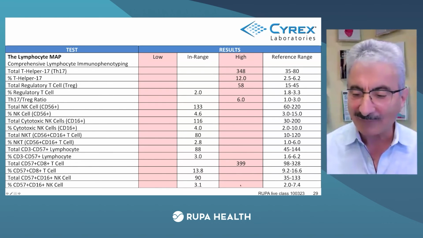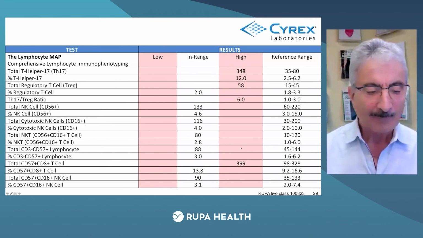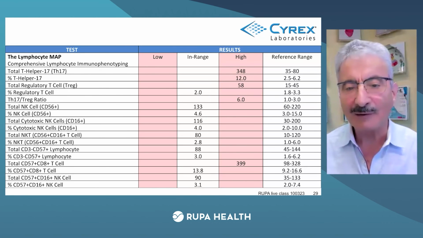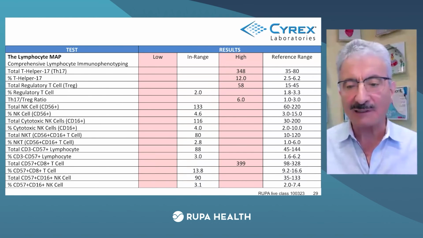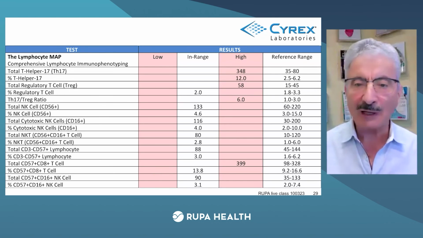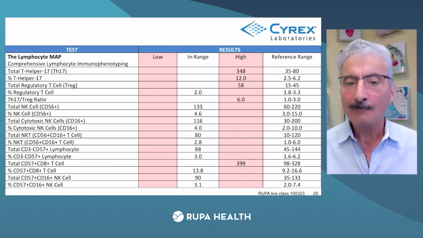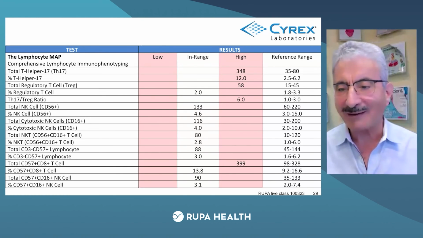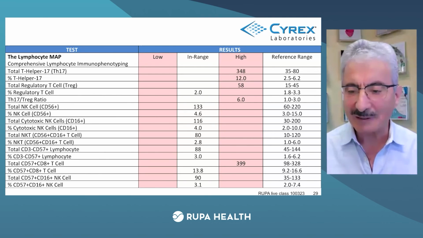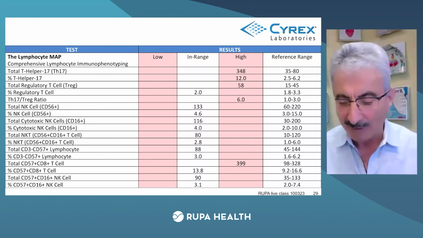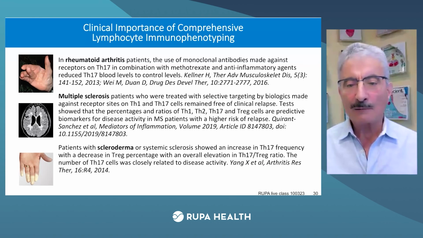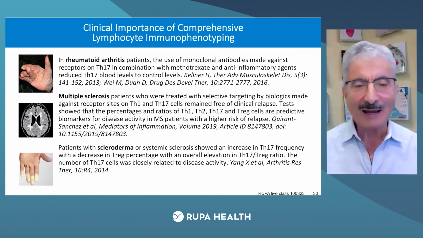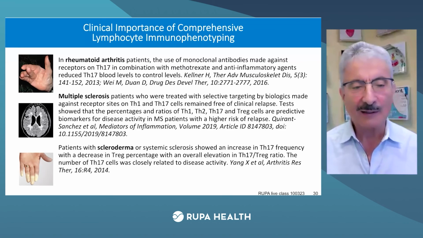So finally, the patient has a high level of CD57, meaning the patient may have been exposed to some kind of antigens from bacteria, viruses, parasites, and so forth. So therefore, this patient is suffering from possible autoimmunity due to activation of Th1 and Th17 and also CD57 positive lymphocytes. There are many articles published in scientific journals, and I'm showing only one slide here, that when they